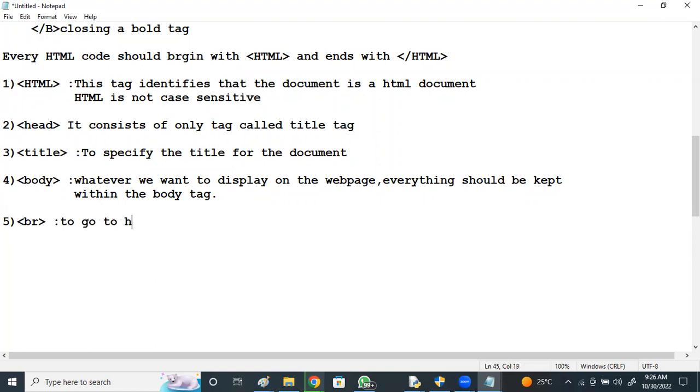The italic tag makes text appear in italic.